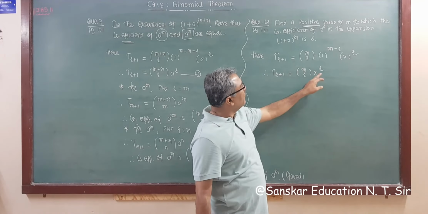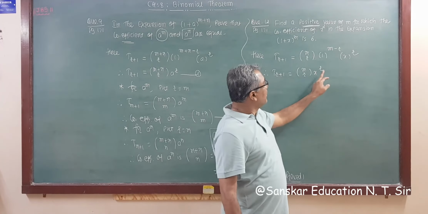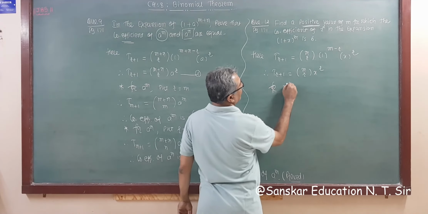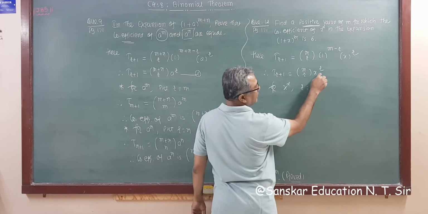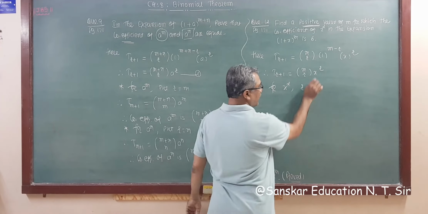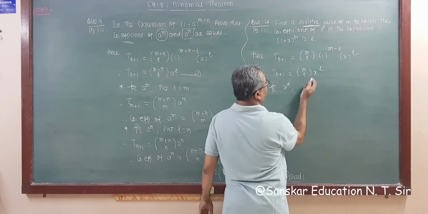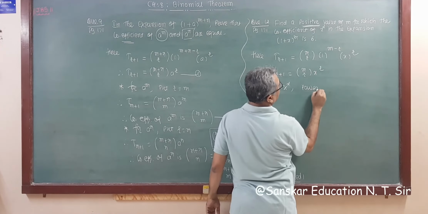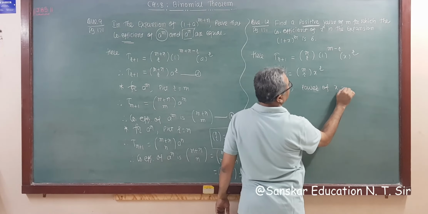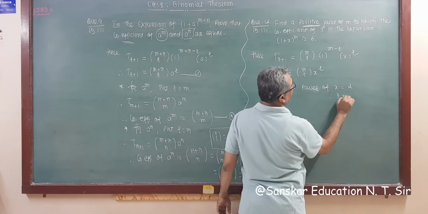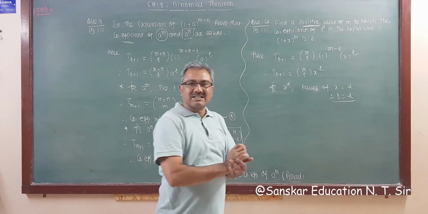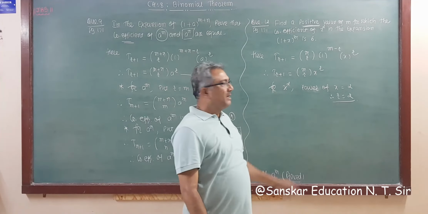Now the coefficient of which we require is x square, so r is equal to 2, right? For x square, r is equal to 2 here, the power of x is 2. So I am not writing that the power of x is 2. If you want to write it, then write that for x square the power of x is equal to 2, so therefore r is equal to 2, right? No need to write this type of step which is not required, and don't waste your time.